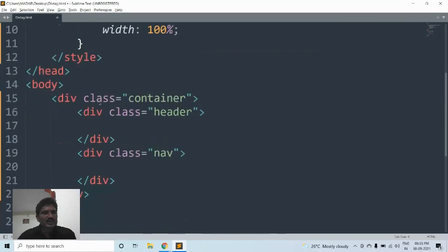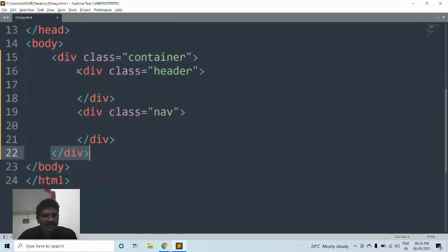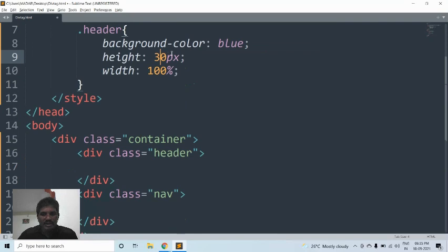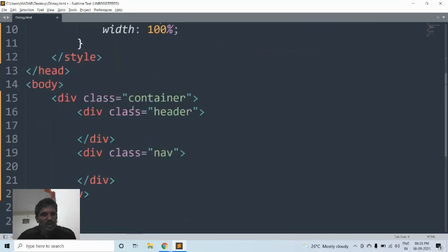Then see here, you come to the HTML code. This is the main division. It should be opened here and it is closed over here. Then here the subdivisions have been used. The division class equal header is for styling. I would like to add the division class equal header. If you want to write any content, you can write. But here I would like to add the styles for this division.